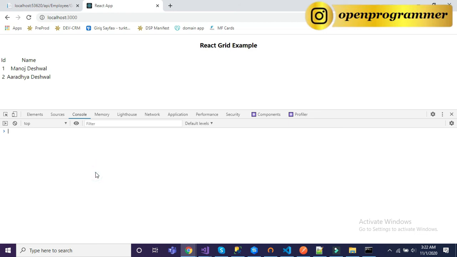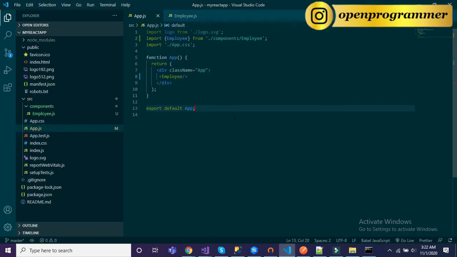Let me go again to Visual Studio Code and recap. We have created our React application, and then in the src folder we have created a components folder, and inside it an employee.js file.